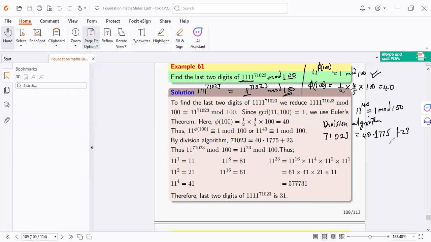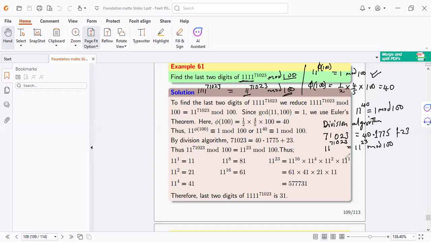You've seen how the remainder there is very important. And what the importance is, we just then say that 11 raised to 71,023 is the same as 11 raised to this remainder, mod 100. That's how the remainder becomes very important. Once you get the remainder, your work